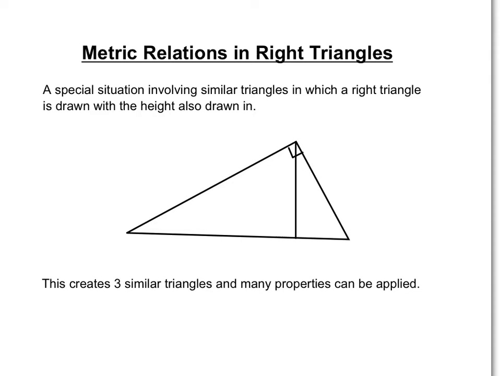In this video, we're learning about metric relations in right triangles. Metric relations is basically a result of a special situation involving similar triangles when you have a right triangle that's drawn with the height. So when we have our right triangle with the height, we create three sets of similar